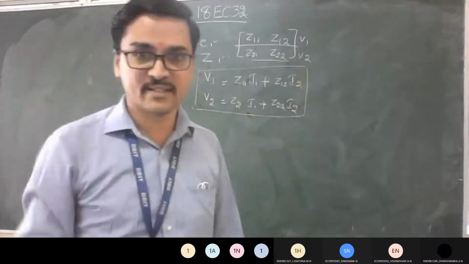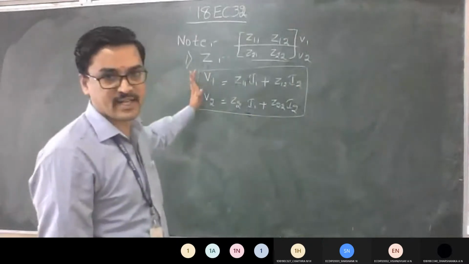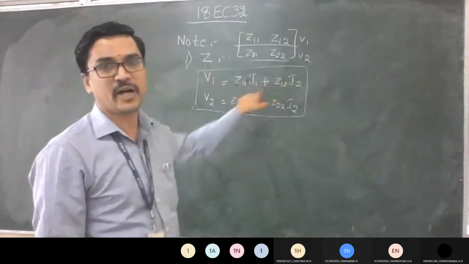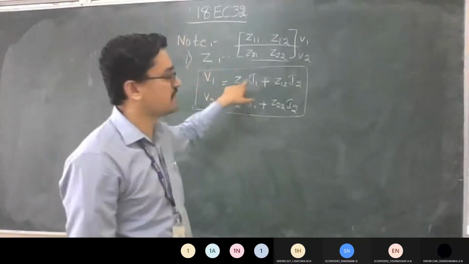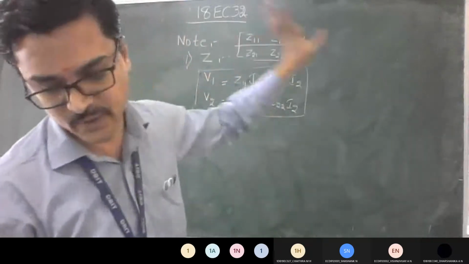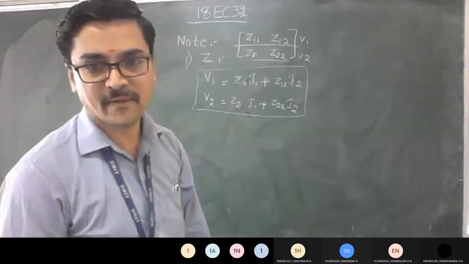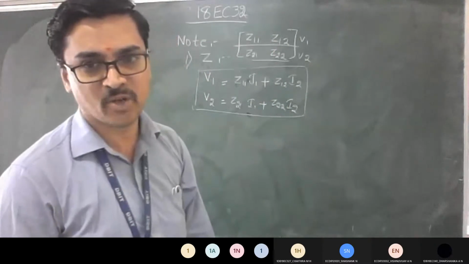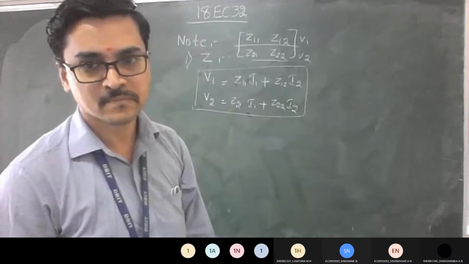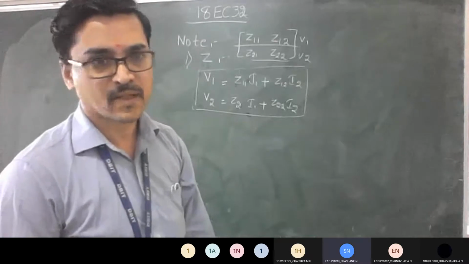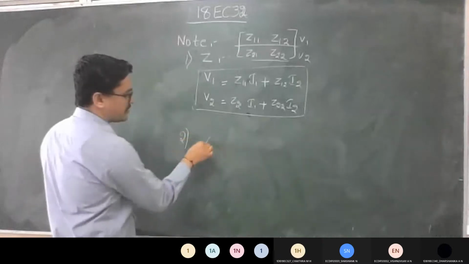Any difficulty to understand this? So you have to find V1, V2, keep that towards LHS. I1, I2 is what you can vary, and the coefficients are Z11, Z12, Z21, Z22. Am I clear with this Z parameter, everyone? The generalized equation, note it down. Is it fine here? Okay.